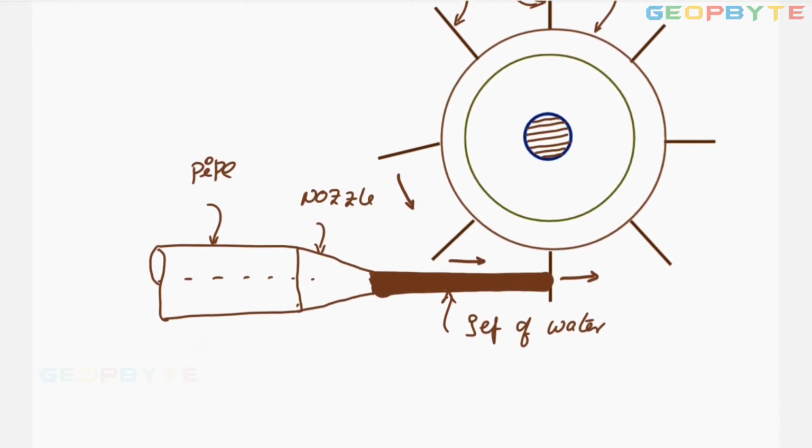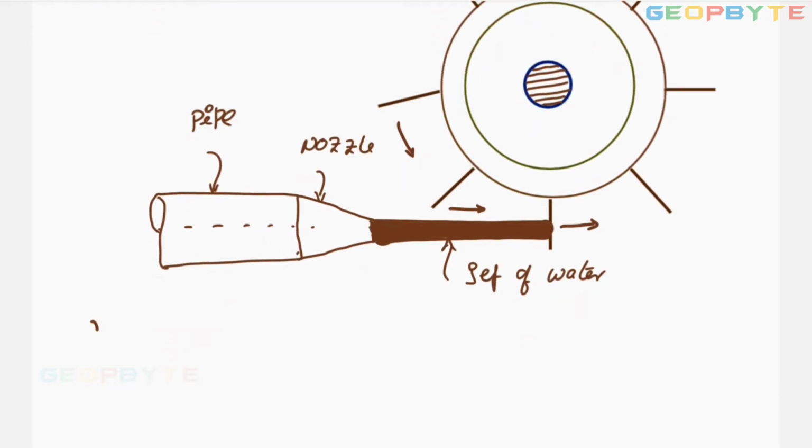Therefore, the mass of the water which is entering to the plate per second, if I assume the jet of water is maintaining velocity v and rotating wheel or plate is maintaining the velocity u, then the mass flow rate equals rho into a into v only. Here I need not take the relative velocity, because it is treated that there is always one plate in front of the jet, but the jet is meeting the blade with a relative velocity.